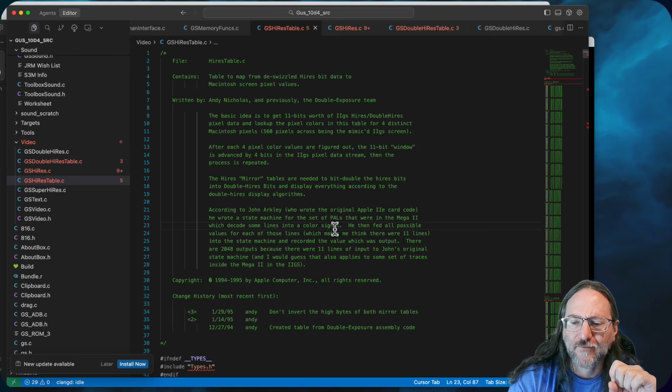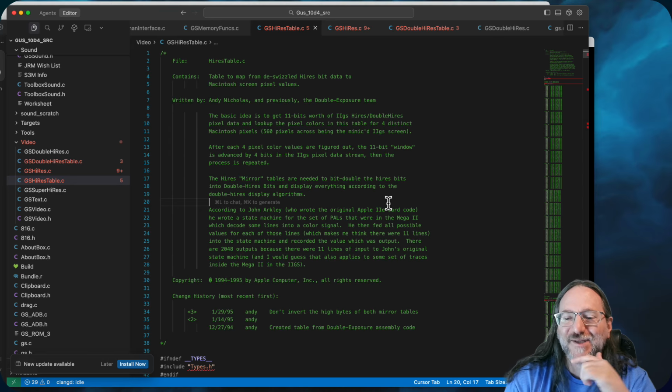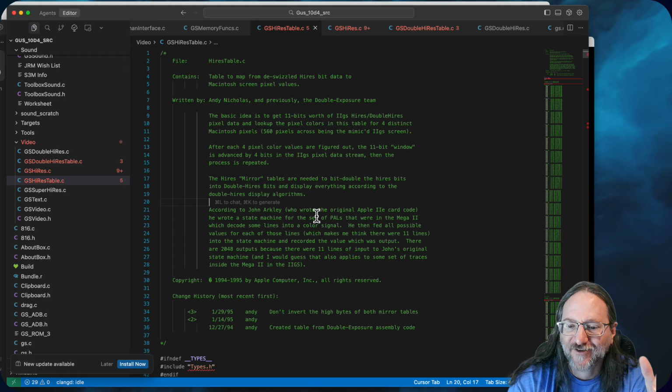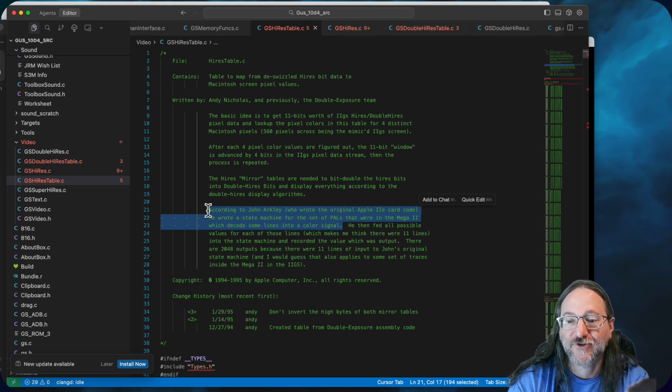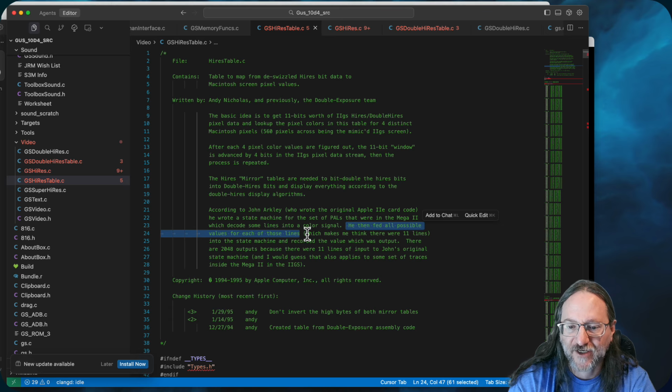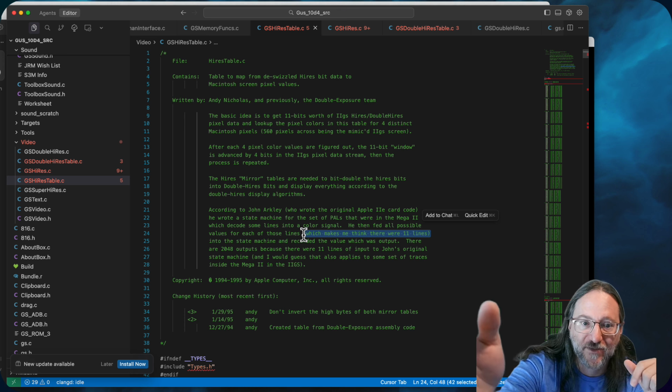So I read this sentence and I'm just like, he did what? He did what now? He wrote a state machine for the set of PALs. So he simulated the logic in the Mega 2 from the Apple IIgs and then fed all possible values for each of these input lines, which makes me think there were 11 lines. Well, there were, because we have 11